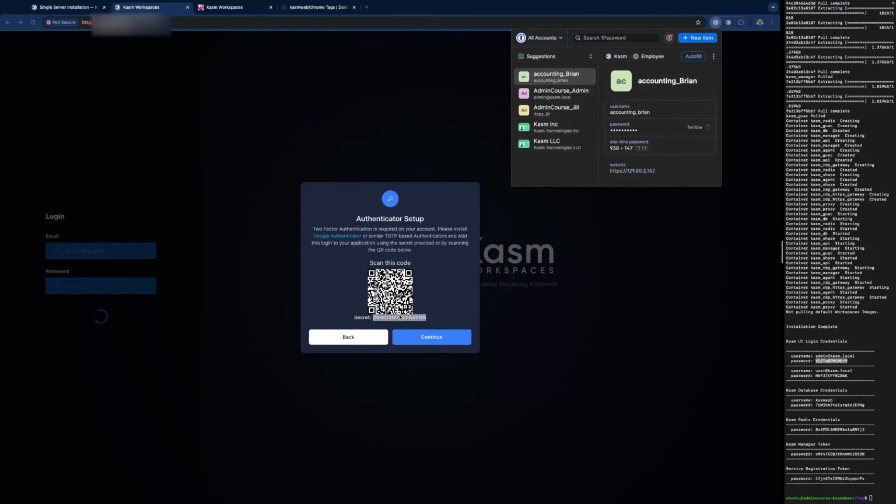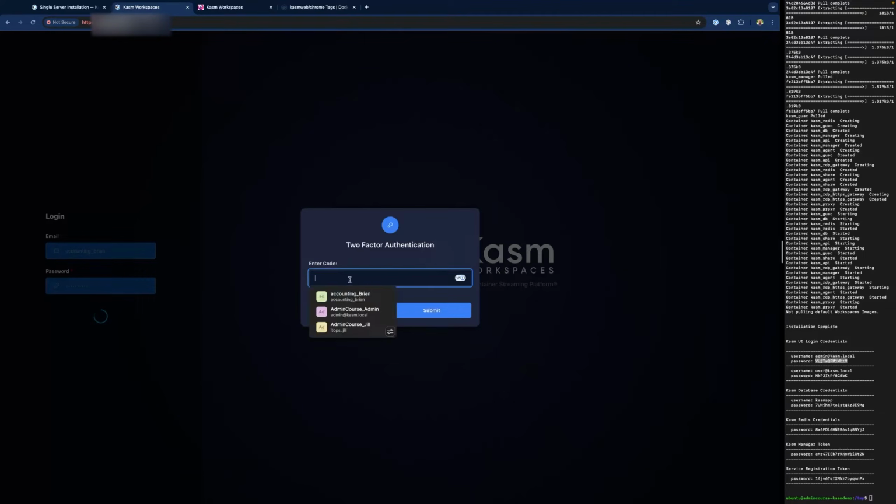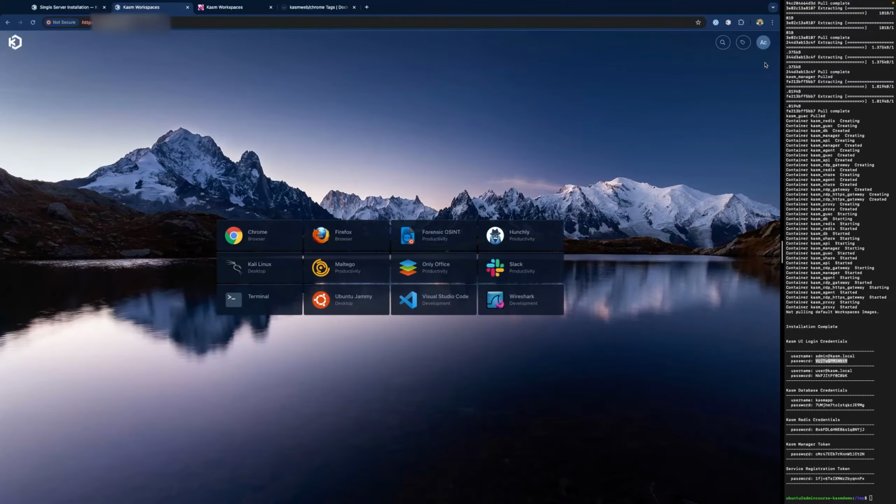All right, so now I'm going to grab this secret key, and then I'm going to go ahead and click Edit. And then over here to the side, I've got a local copy of 1Password. So I'm going to go here. Let me just go ahead and add a one-time password secret key. Hit save. And then it will give me a password to use. I'll hit continue. I'm going to enter the code and then submit, and then it lets me in.